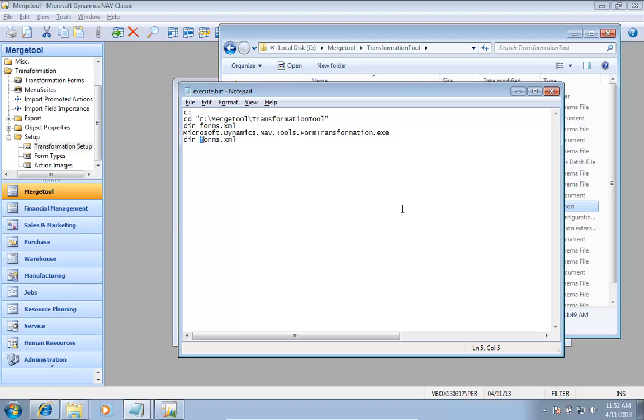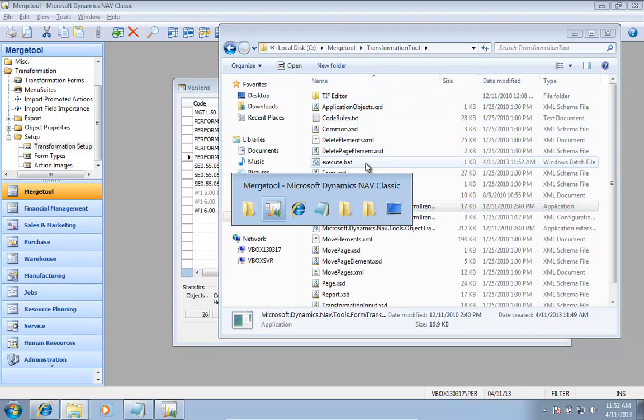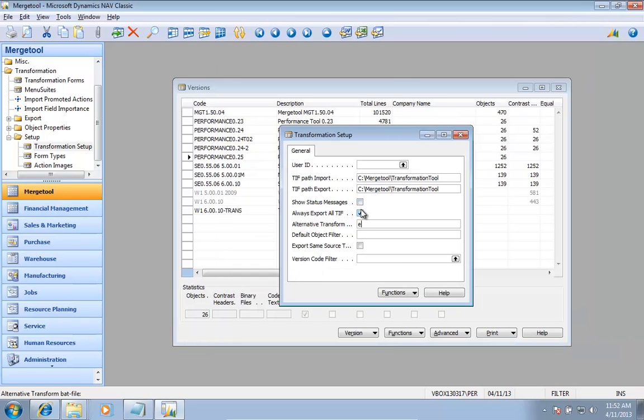I also want to look at my output here, and then I will just do a pause so I can actually just see everything here before it exits, because it's important to see if you actually have errors during that process in here. So, I created that execute.bat, and I go in here and say, okay, I want